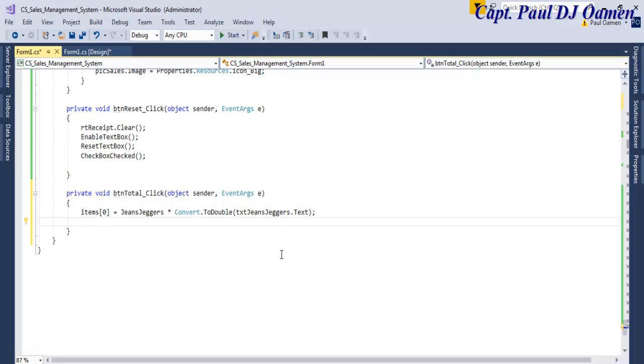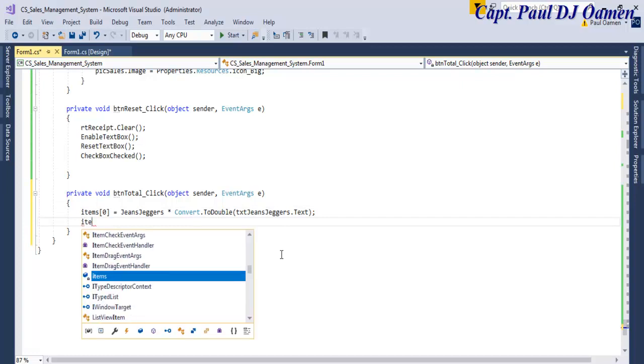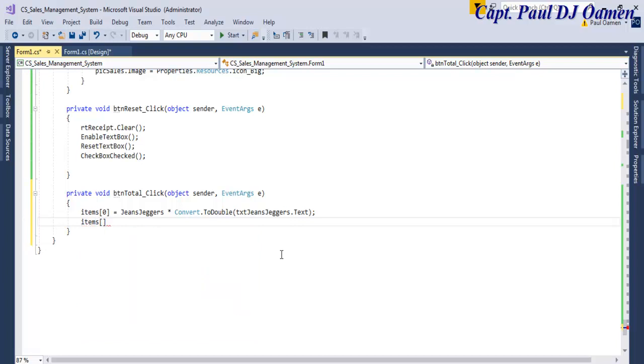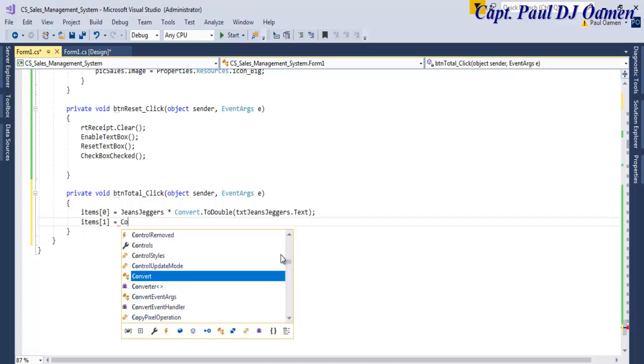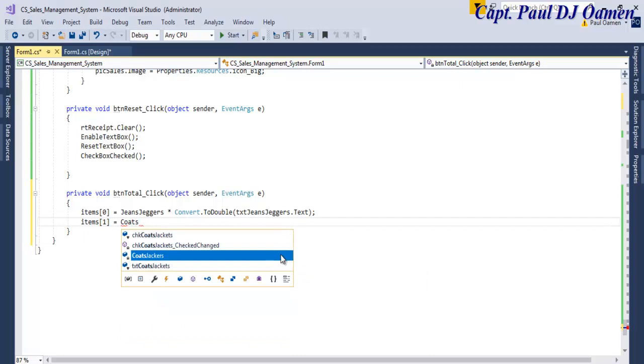Now the next one is going to be item 1 equals, let's say coat jacket,